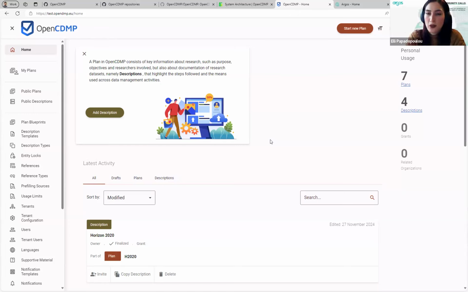Yes, you kind of explained, Diamantis. Thank you. The mechanism is developed in a way that can support the integration with any evaluator. For example, it can be our FAIR validator in OpenAIRE. It can be another FAIR assessment tool from another provider. It doesn't matter. We can configure it in Argos and use it for the specific tenant, for example.